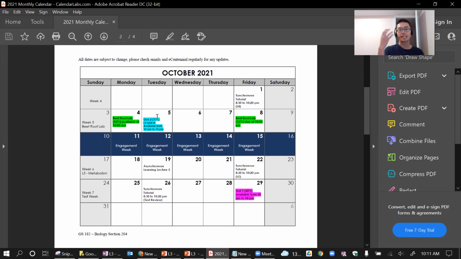The general consensus in the college is that it's a week for you to take a break. So typically people don't assign any work or a quiz or test for the engagement week. Okay, so you will hand in your lab before you go on your break, and then you don't have to worry about it. And in fact, there's no test or quiz the week after for my course. So, you know, you can burn your notes if you want.